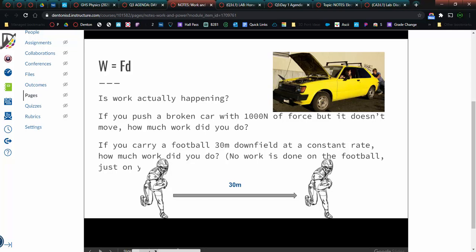So, it says if you push a broken car with 1,000 newtons of force, but it doesn't move, how much work did you do? Well, what's the force? 1,000 newtons. What's the distance? 0 meters. So did you do any work? No. So you didn't do any work on the car, and that's very deceiving